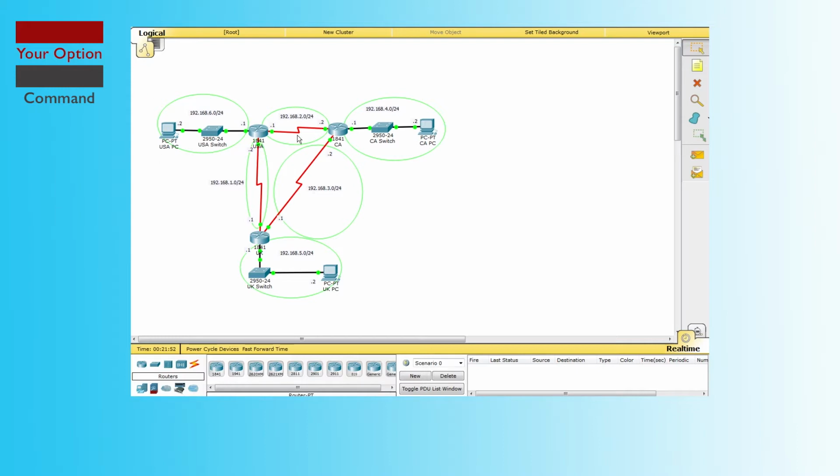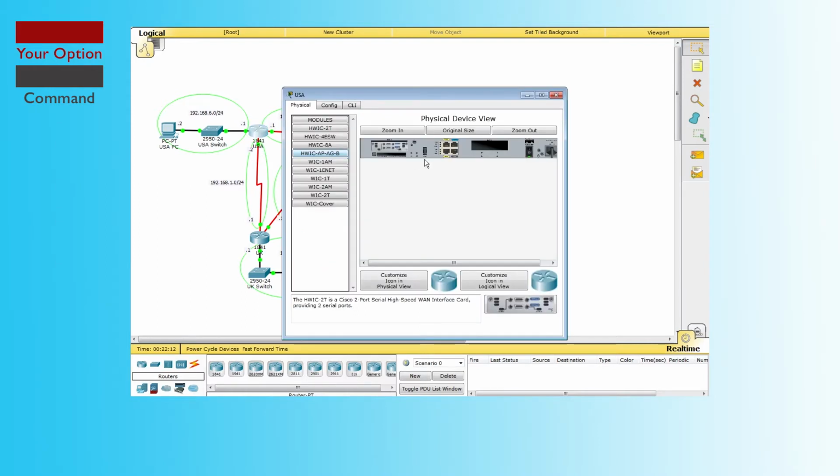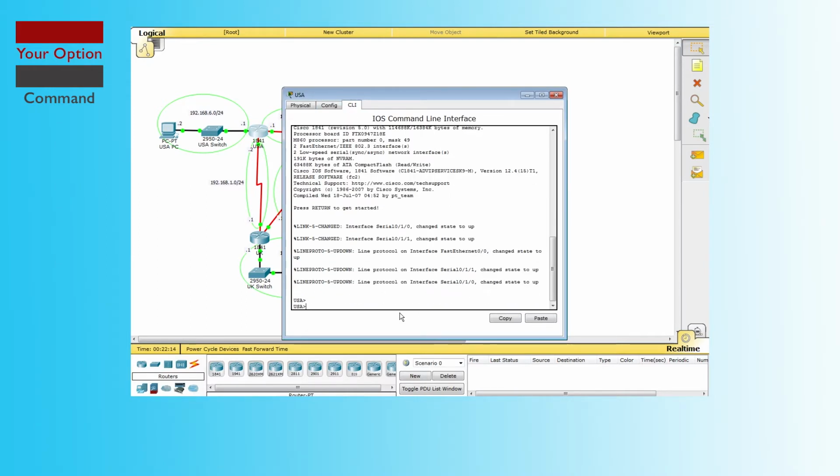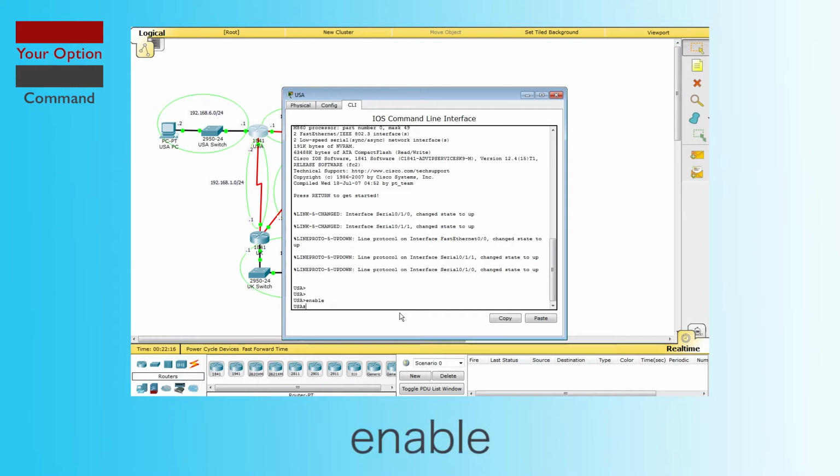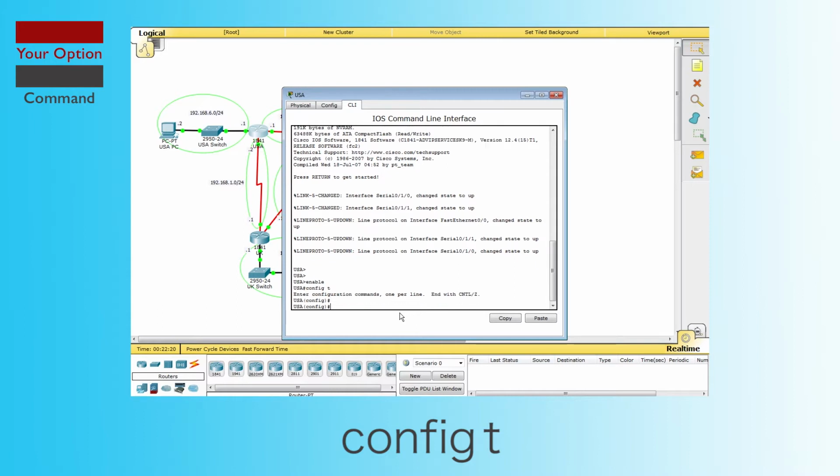This is the same network topology as we used in RIP. We'll set up the USA router first. So we'll go enable like we always do, then go into configuration terminal, so config T, and next you just enable it the same way you would enable RIP. So you go router